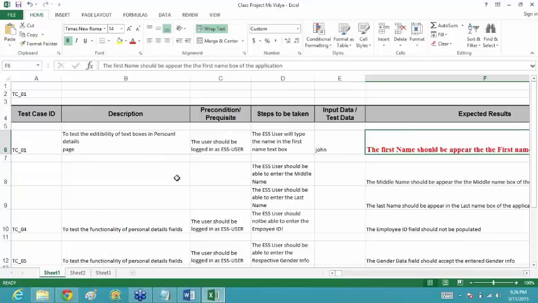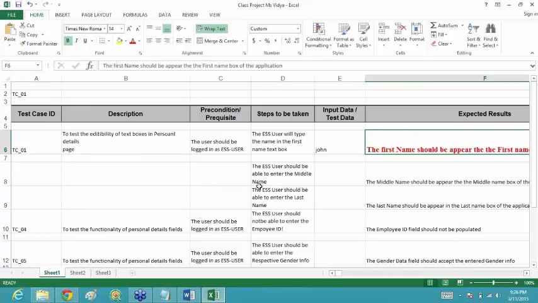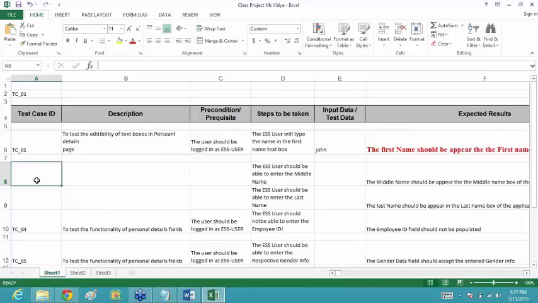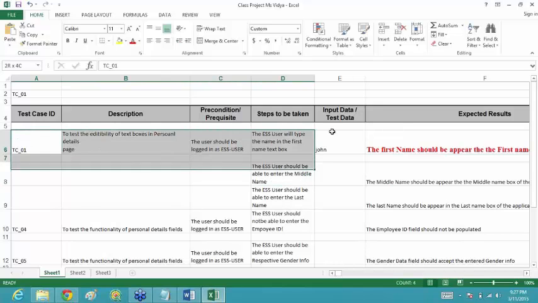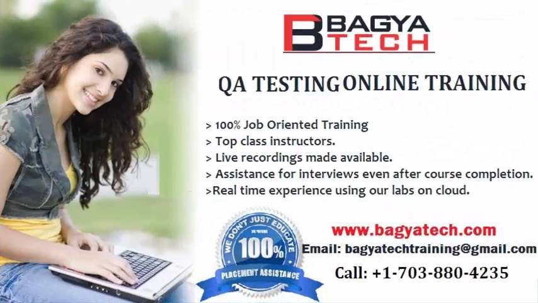After that, you have written two more things over here. These are two different test cases that you are trying to check, so they should be given a different test case ID. Remember that your test cases should be independent of each other, because suppose up to this point the test cases were given to one tester, and from this test case it is given to some new tester to test.